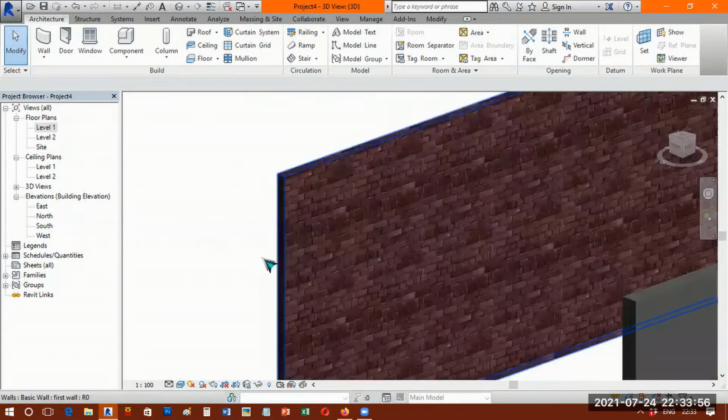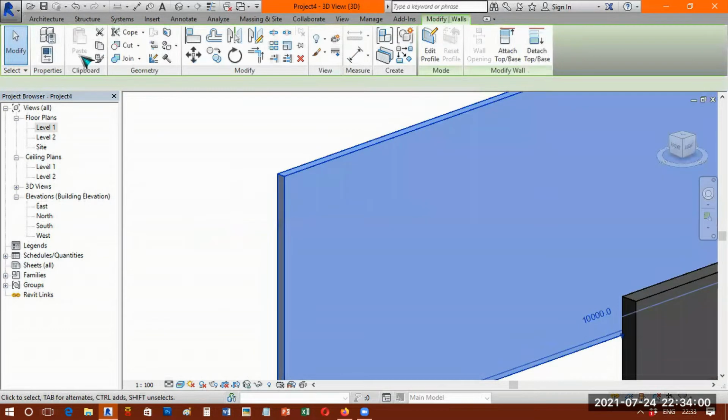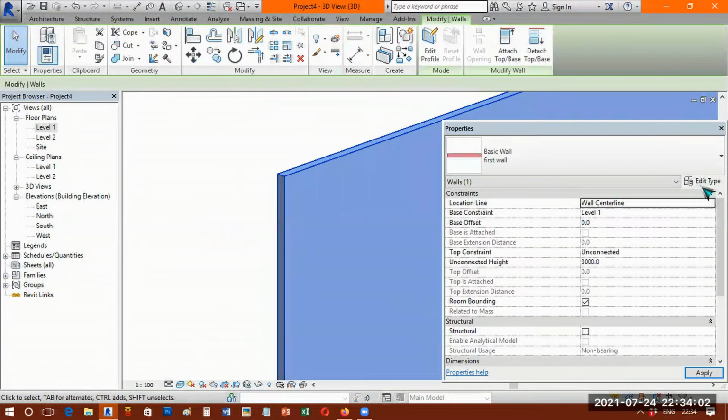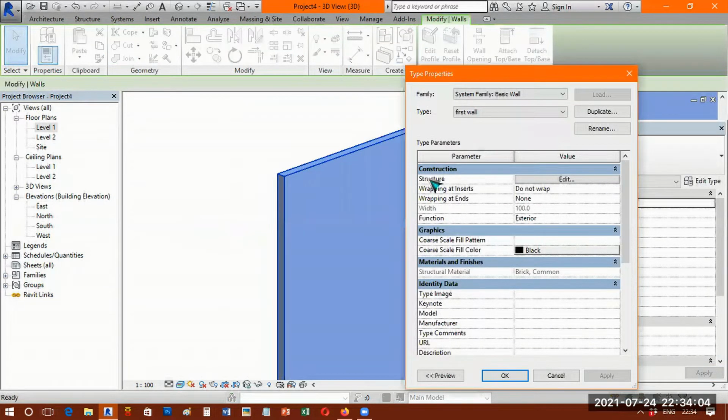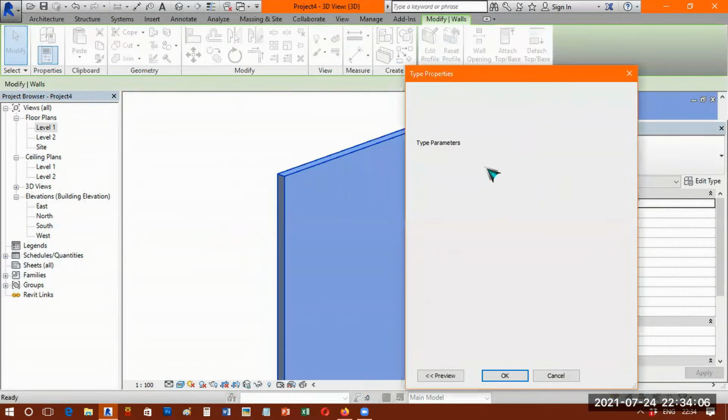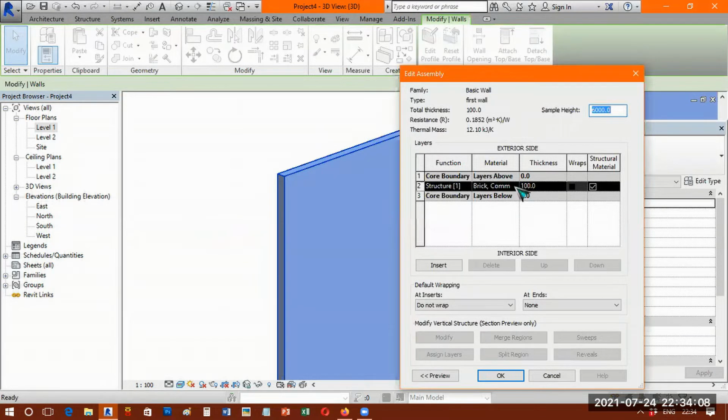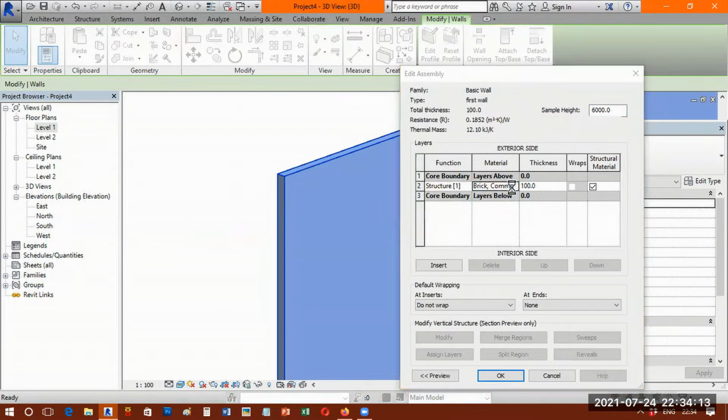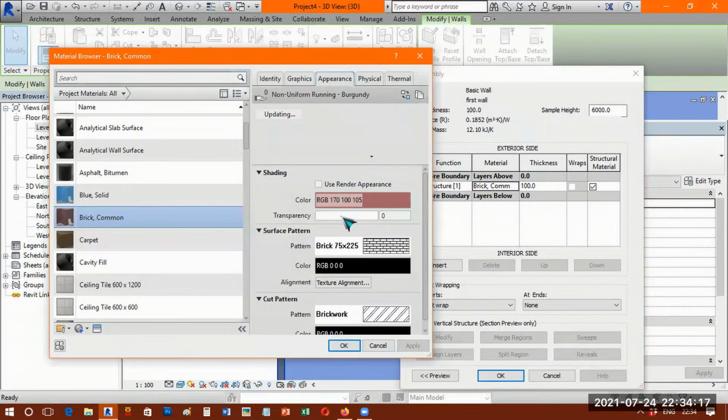Brick pattern resize. Again, I select this, go back to the Properties panel, in this Edit Type, again Structure Edit. In the brick pattern here, click on the small button. The brick pattern we applied is here now.